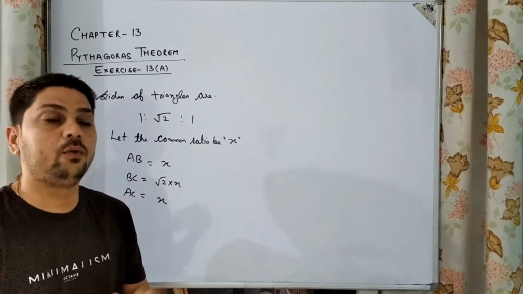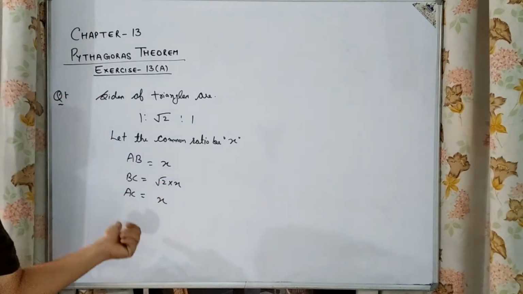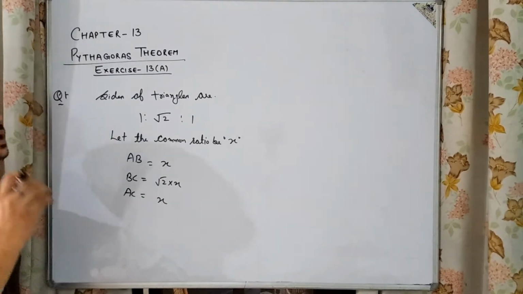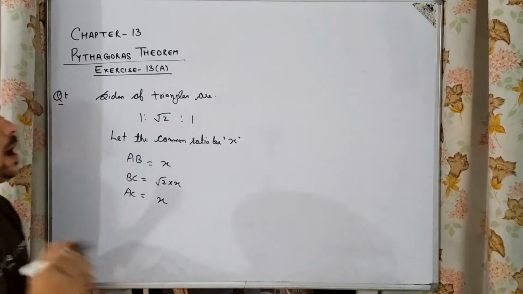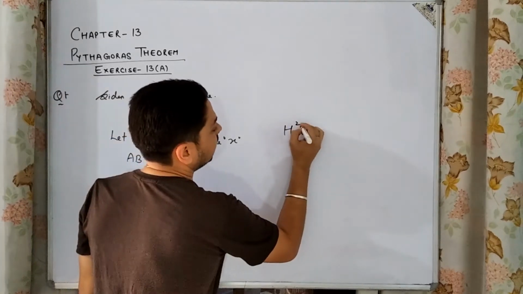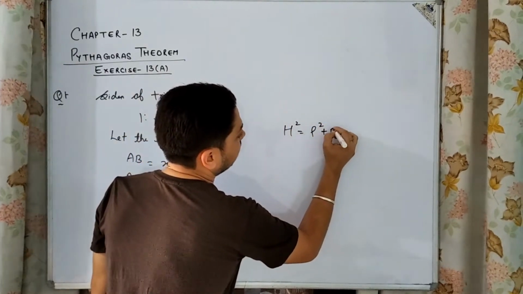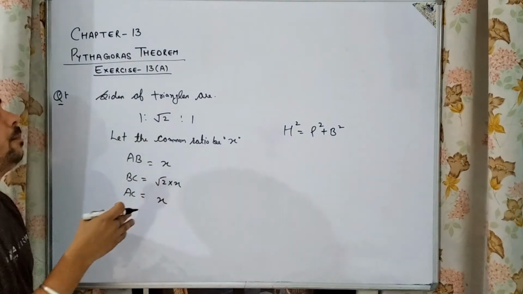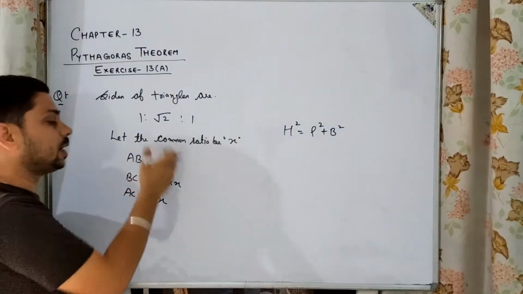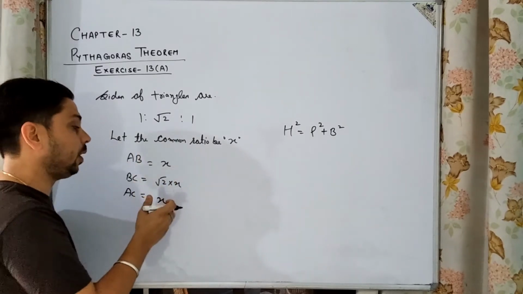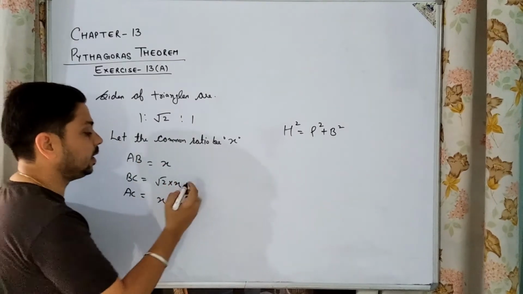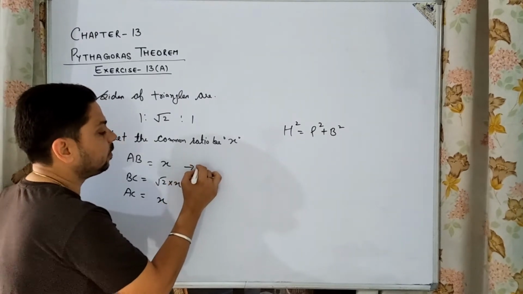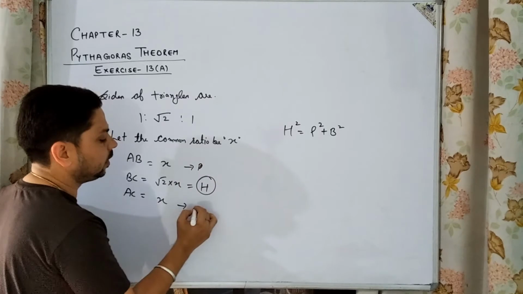We can only prove if Pythagoras theorem is applicable here. Okay, now you can see that Pythagoras theorem, we have to prove that hypotenuse square is equal to perpendicular square plus base square. This is what we have to prove. Now first we identify the hypotenuse here. Longest side of a triangle is known as your hypotenuse. So longest side here is BC, so we will take it as hypotenuse here. Okay, and this will take perpendicular and this will take base here.